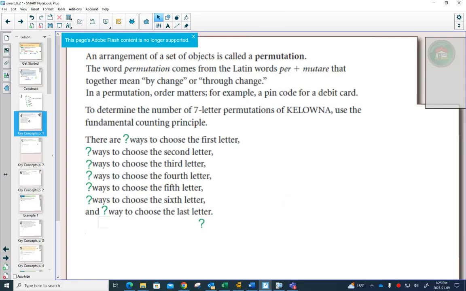So what we have here, if you had a word like Kelowna, and you decided, I love the city of Kelowna, I'm going to make my password Kelowna. And then someone says, I know what your password is, and you're like, okay, then I'm just going to take the letters of Kelowna and mix them up and make a new word. Like, I don't know, what would be a nice new word that we could,